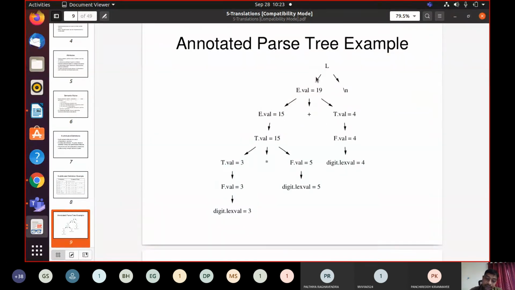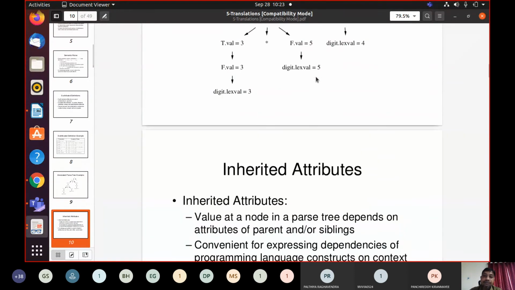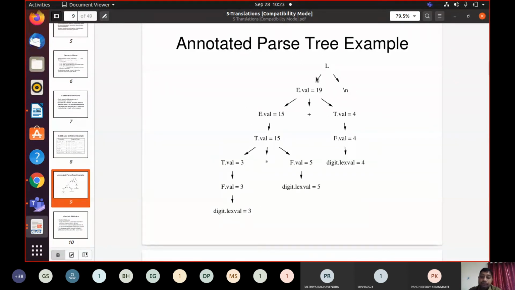So that is the reason why we are going for the dependency graph. The dependency graph will give you the order of evaluation. If you look at this t.val, this middle node t.val equals 15. This t.val is dependent on what?